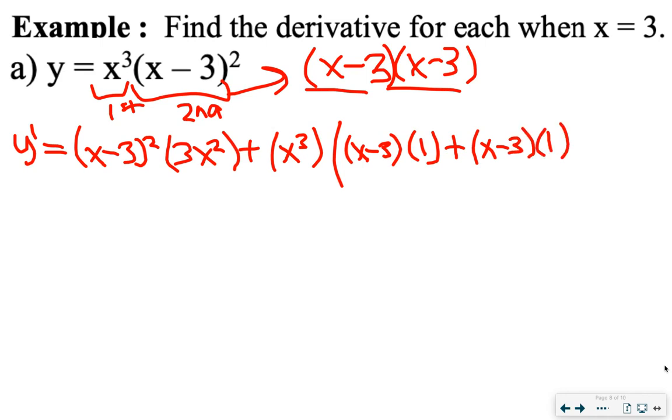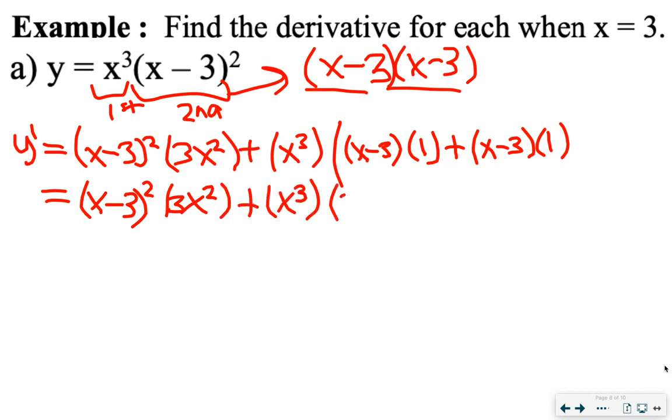Awesome. I'm just going to tidy that up a little bit. I don't need to go too much into my factoring and tidying up because I know what value of x I want to sub in there. I just want to make this one a little nicer here. There we go. I don't need to go any further than that because I want to know when x is equal